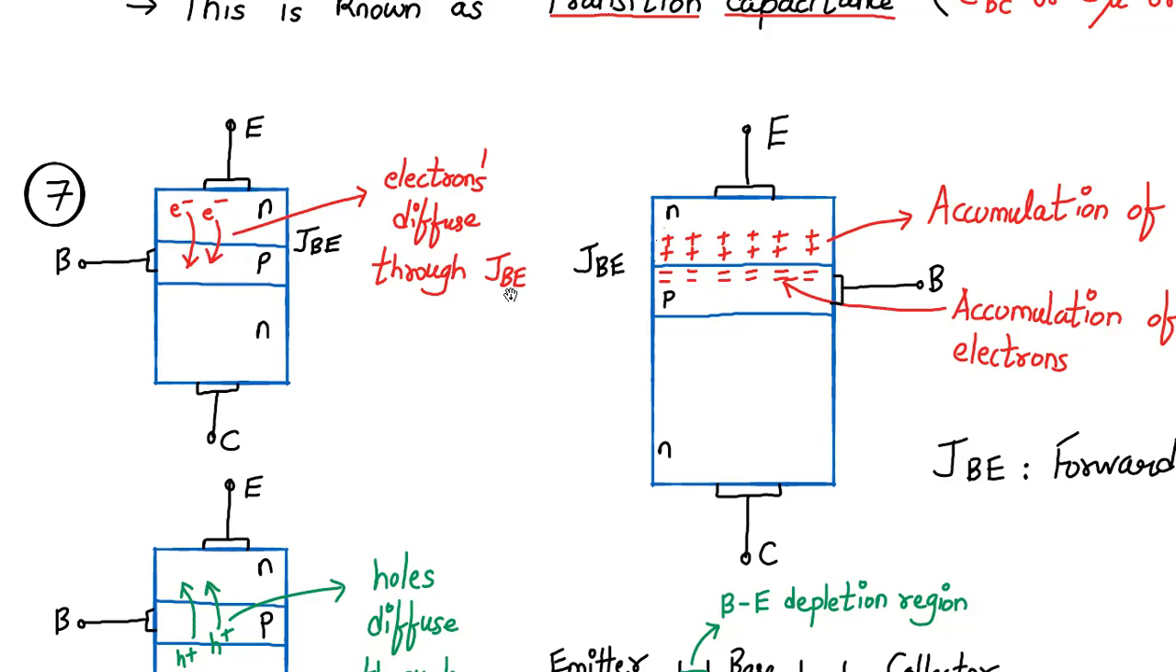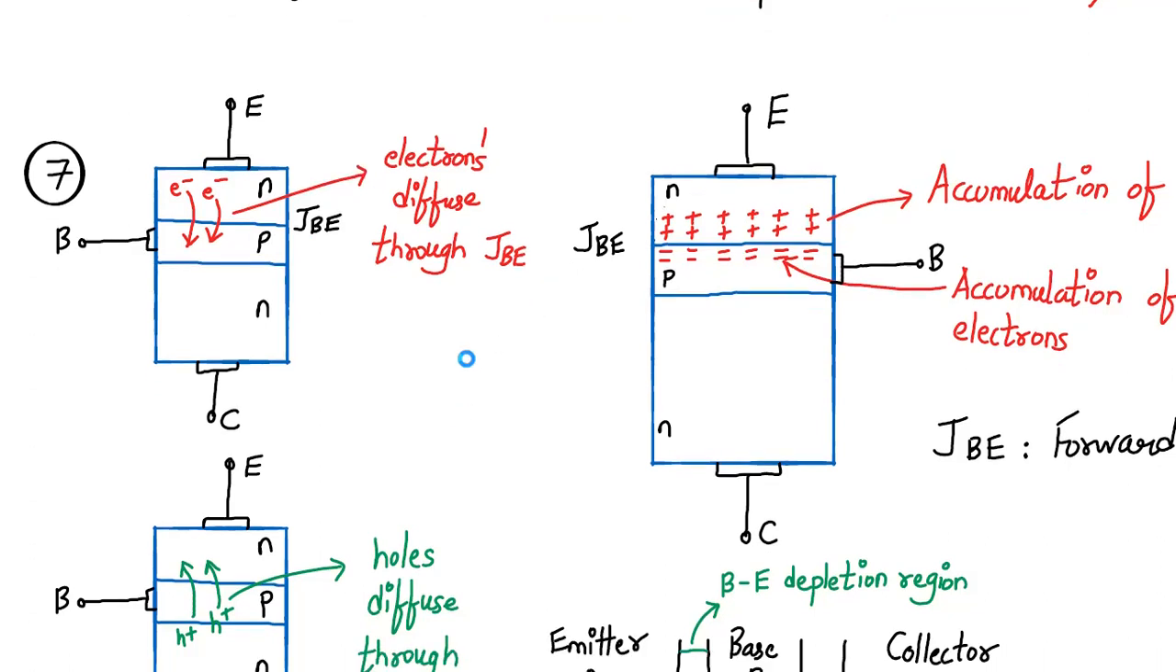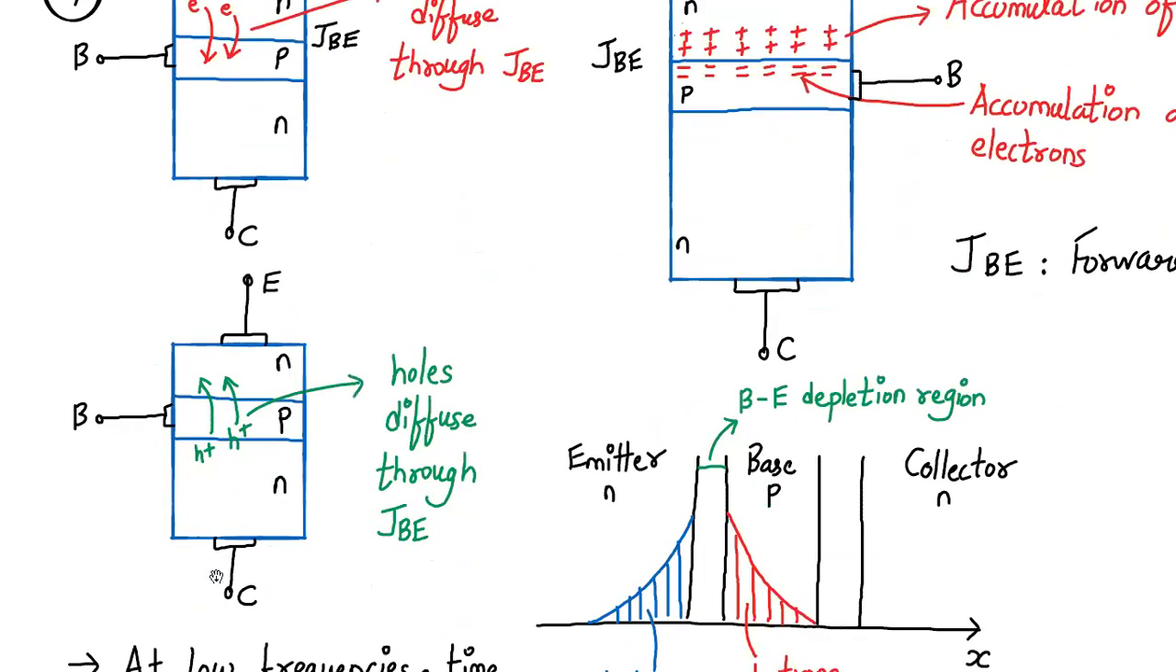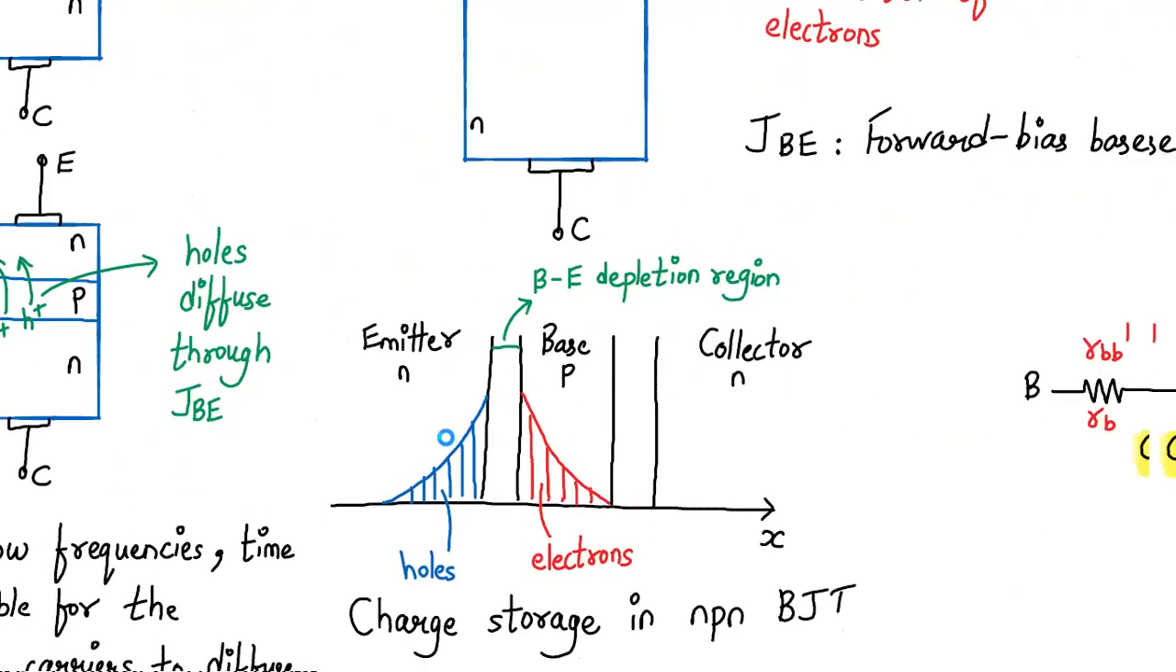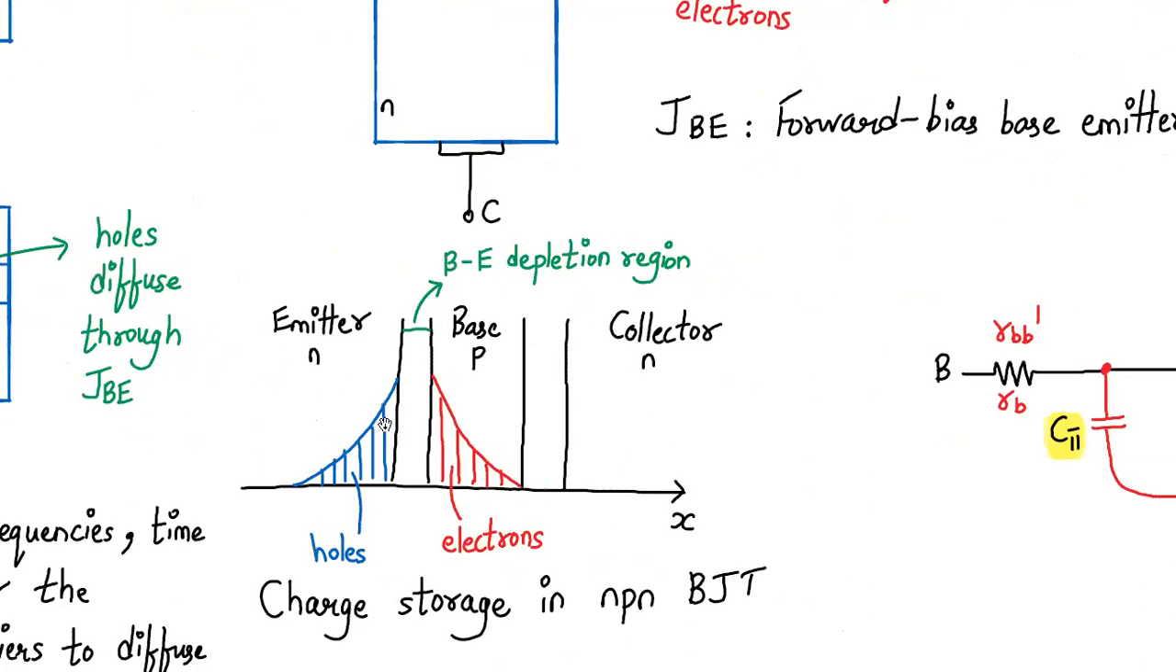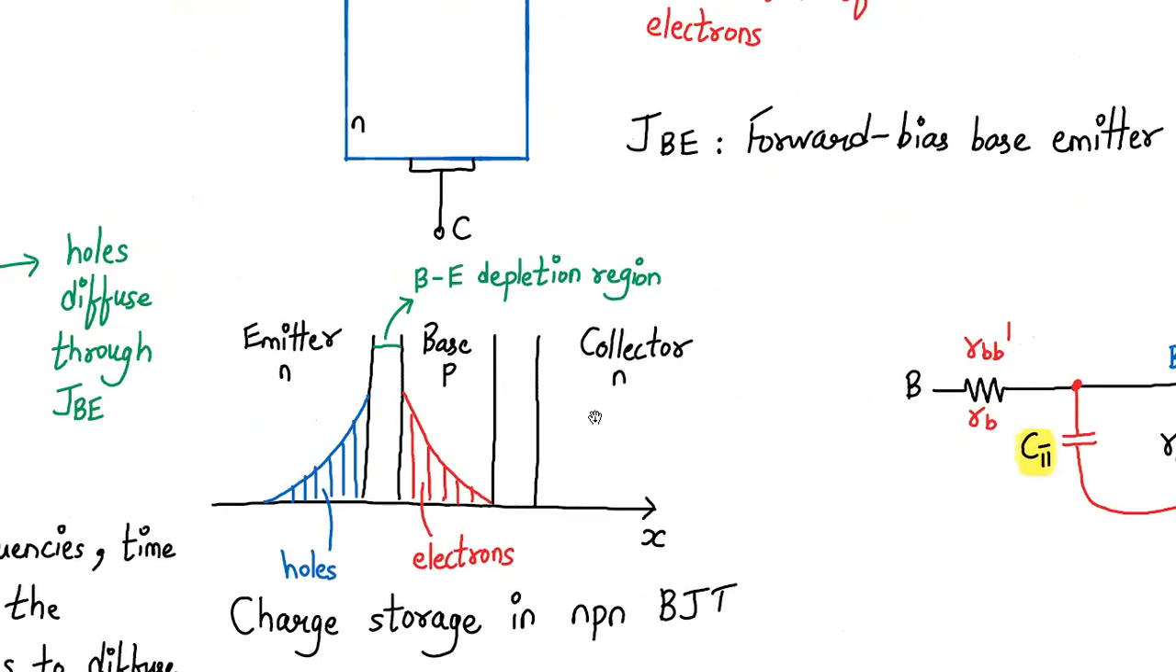So electrons diffuse through the base emitter region. Similarly, as the base collector is reverse biased, the holes which are there in the P region will diffuse again through the base emitter region. Okay, fine. Due to this, there will be a charge storage in the NPN BJT. And this is the picture shown over here. We have emitter, base, and collector. In between, this region is called the